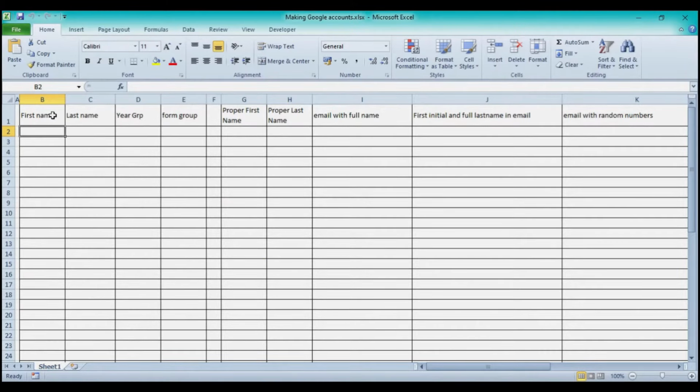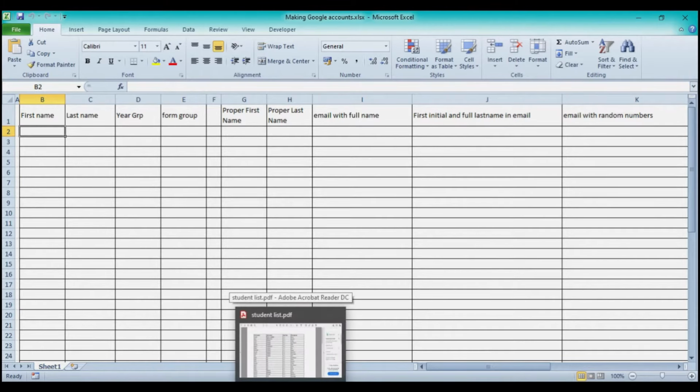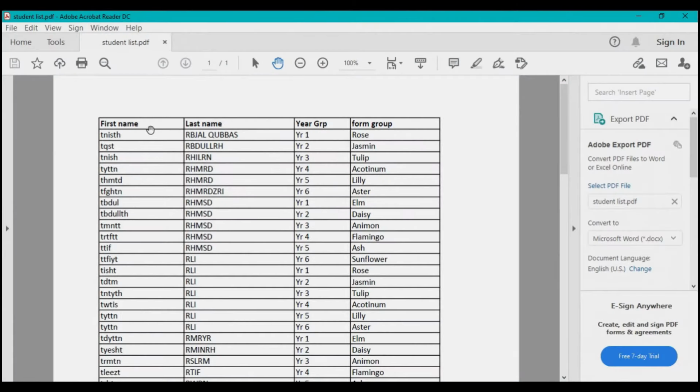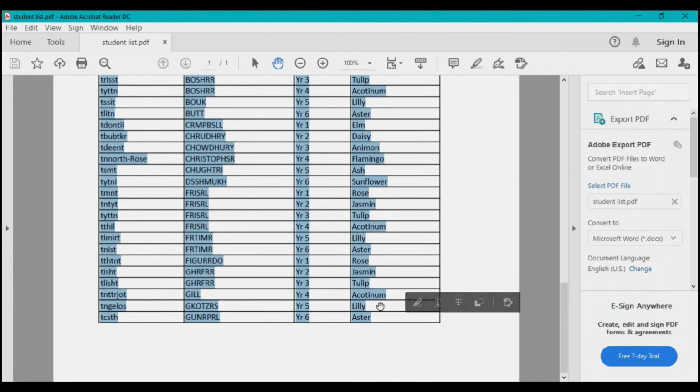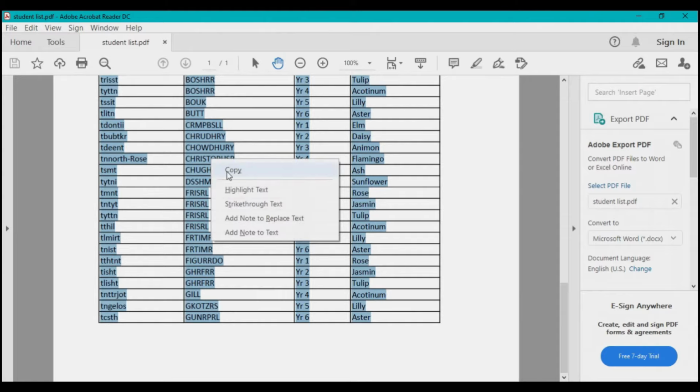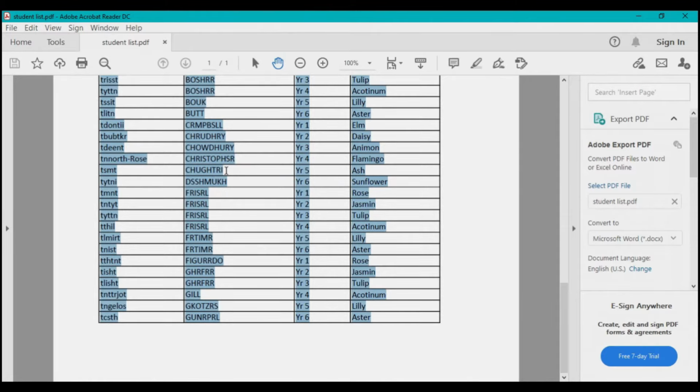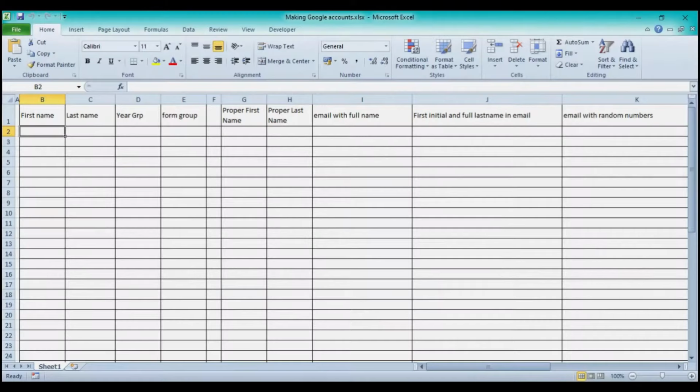I have now made another blank Excel file just to go through different scenarios of making up this file. As we can see, when we are creating email accounts onto Google, it requires the first name and last name of the user, which needs to come from this PDF file. As we can see, this is all in small letters. If I just try to copy and paste this data from this PDF file and bring it back onto this